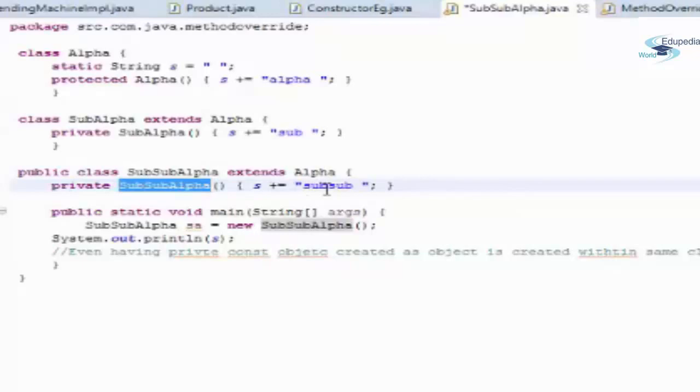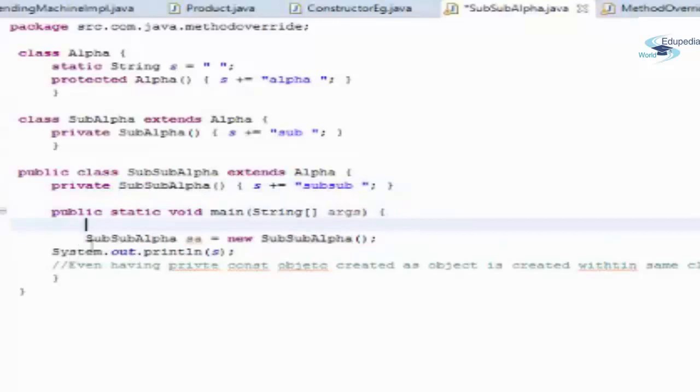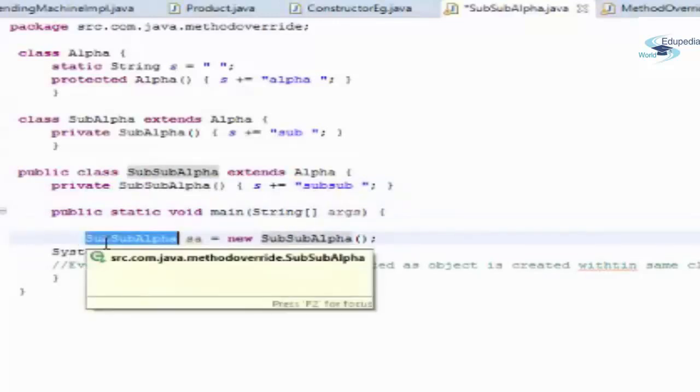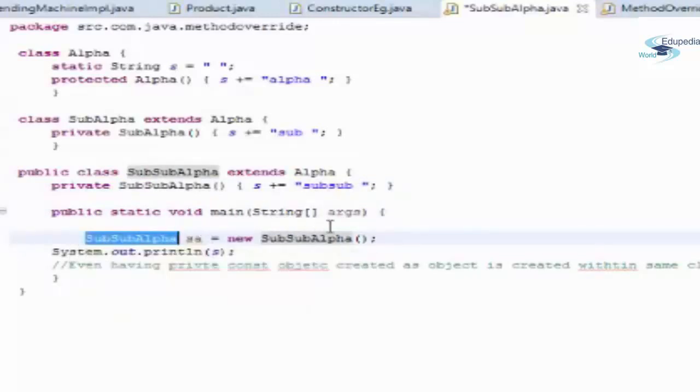Fine, I hope it's clear by now. Then we have the public static void main method. Inside it we are creating an object of SubSubAlpha equals new SubSubAlpha.